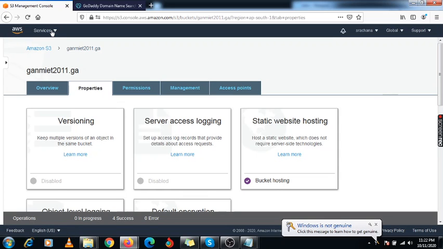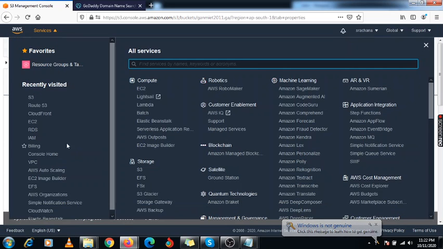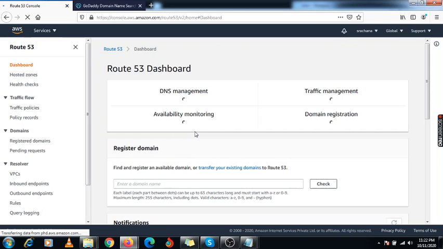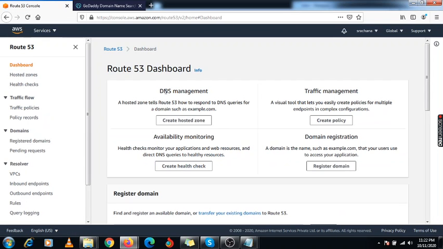Now you need to go to Route 53. So this bucket is created, and we have enabled static web hosting. So go to Route 53, just click on it. Here we will get four options.